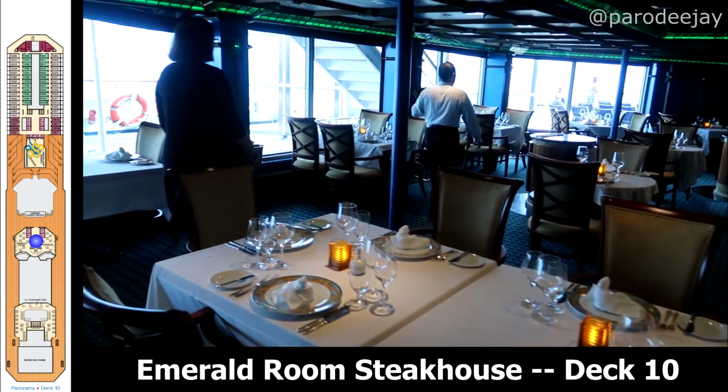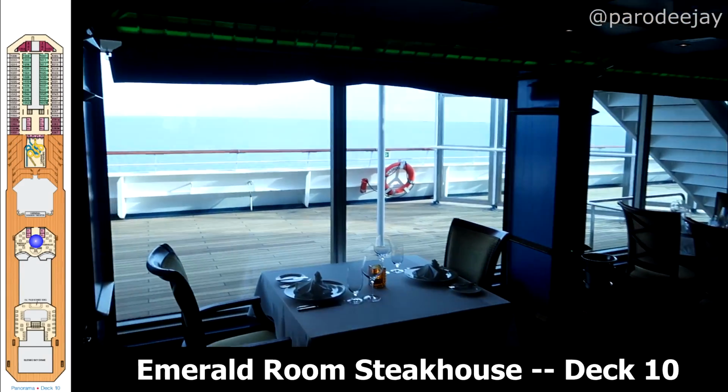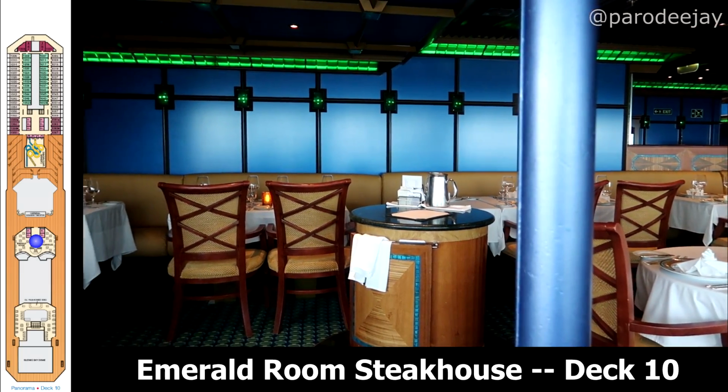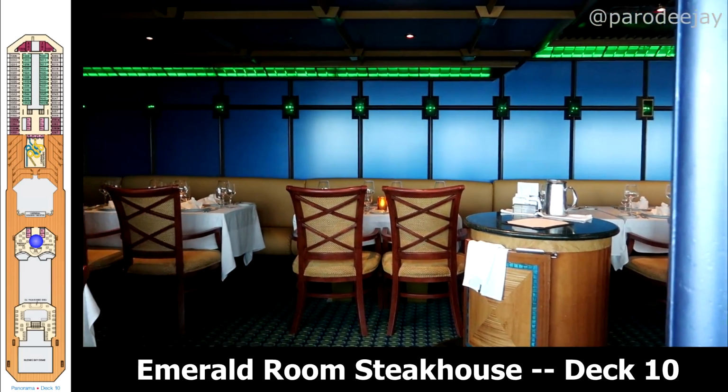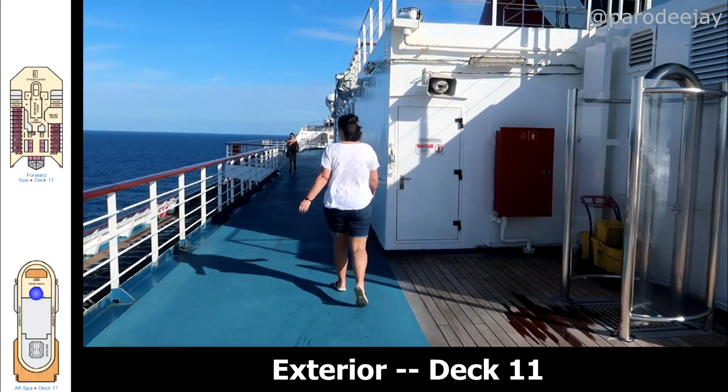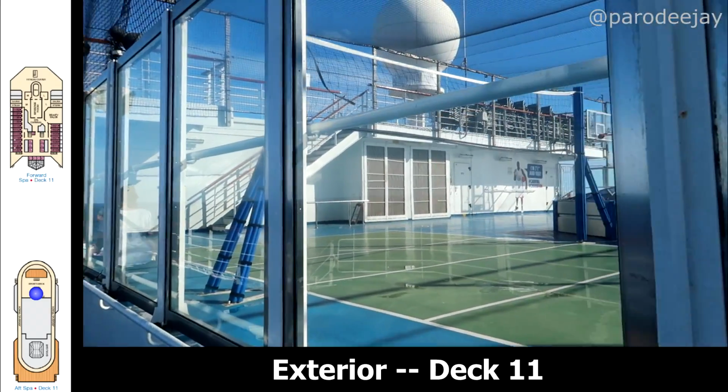This is the Emerald Room Steakhouse, which of course is an upcharge restaurant. Everything done up in very much green with beautiful views out to the ocean. So fancy. Now on deck 11 on the exterior, here we are walking down the jogging/walking track, peeking in at